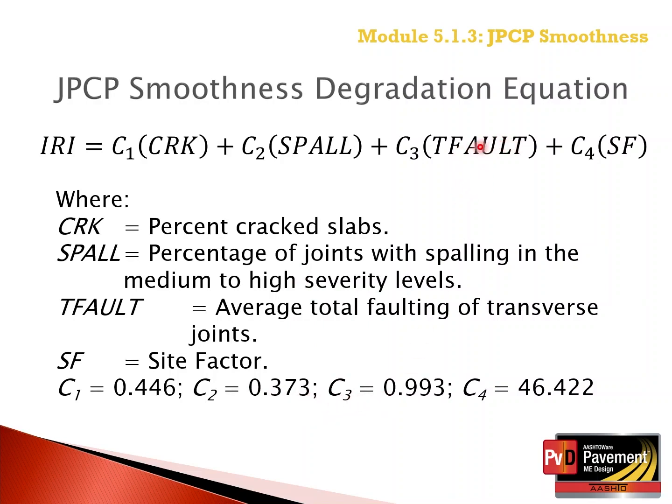The faulting of the transverse joints constant is 0.993, and the site factor coefficient is 46.422. The values for the calibration coefficients or constants may vary between different publications of the MEPDG manual of practice